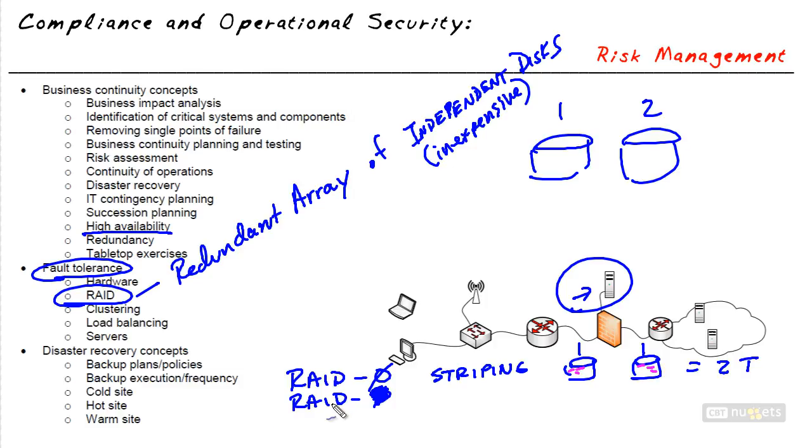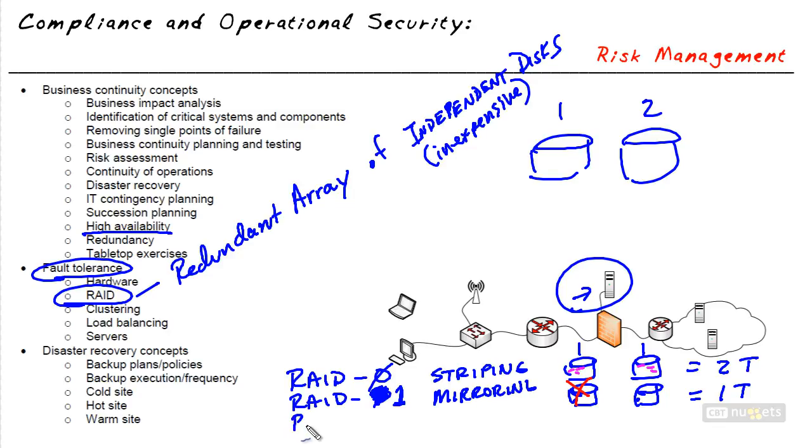The next RAID option, we do have fault tolerance. It's called RAID Level 1. And with Level 1, it's called mirroring. Here's how it works. Here's drive 1, and there's our second drive. With RAID Level 1, we're going to mirror everything. If we write data to drive number 1, it's going to write that same data, the exact same data, to drive number 2 for the purpose of fault tolerance. So if either physical drive fails, the remaining drive can still function. Our disk space, if we have 2 1 terabyte drives, is still 1 terabyte because one is completely mirroring the other one.